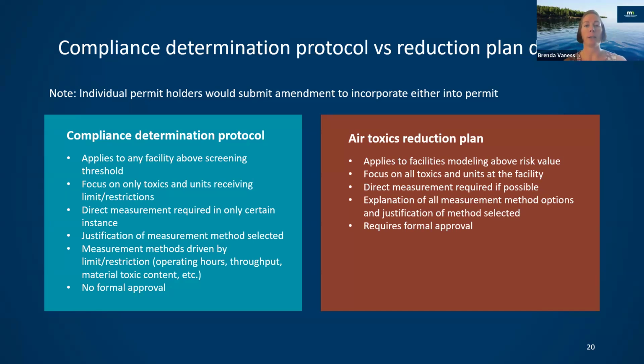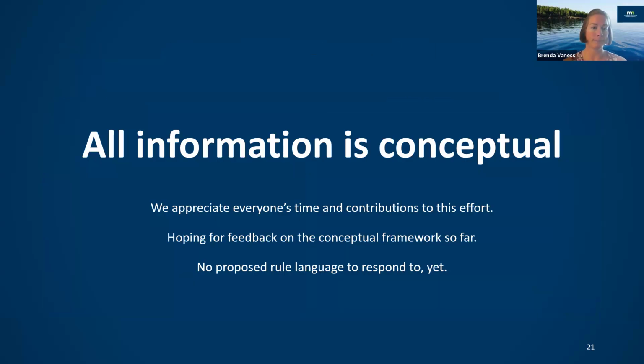And so again, as I mentioned before, there are two different permit types when it comes to amendments: one bucket can be amended, the other one cannot. So the facilities that do have an amendment available to them in their permit type, we're considering having those facilities amend their permits to incorporate either of these, the protocol or the plan, into their permit. And with that, I will hand it back to Cassandra.